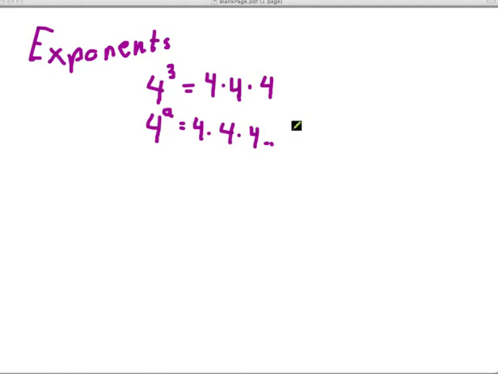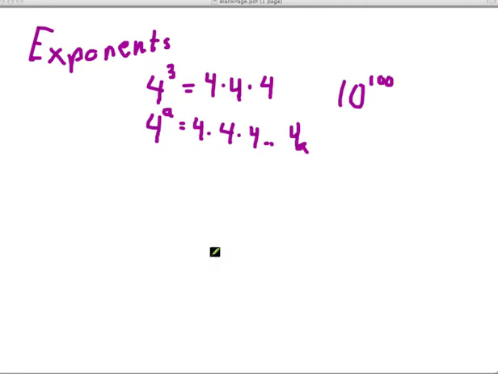So 4 to the a, it's 4 sub a, that's what that says. It literally means multiplied that many times. So if I had 10 to the 100th power, it's literally 10 times 10 times 10, and so on, 100